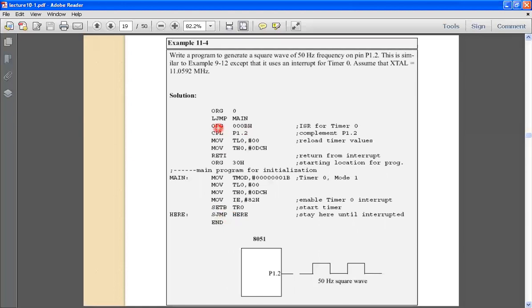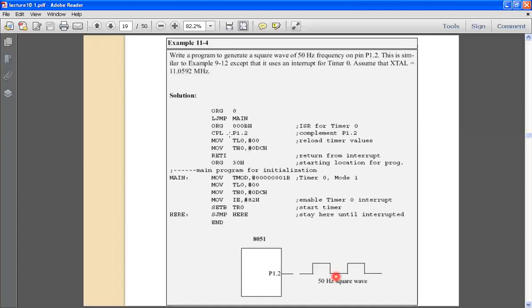So it goes to the timer 0 interrupt vector location, that is 000BH. And our requirement is a square wave of 50 Hz frequency. Therefore complement port P1.2. If the status of the signal is high, then it complements, therefore it becomes 0. But here we are using timer 0 mode 1, which is not 8-bit auto reload. It is 16-bit, so we have to load continuously all the time. Whenever TF is equal to 1, we have to load the value in the TH and TL registers.